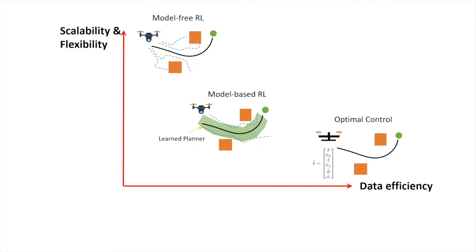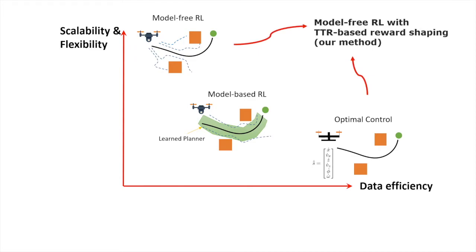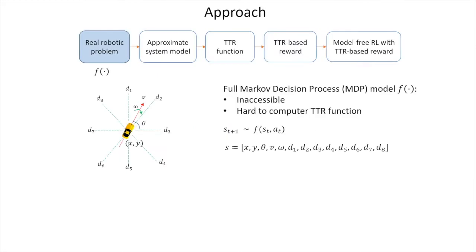Our method combines optimal control and model-free RL to achieve flexibility, scalability, and good data efficiency. A TTR function maps a robot's internal state to the minimal arrival time to the goal, assuming a model of the robot dynamics. In general, we start with a robotics problem in the real world in the form of an unknown